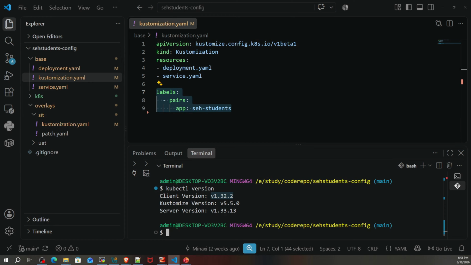So if you want to use Kustomize, as we know, Kustomize is integrated with kubectl. So we can use Kustomize directly through kubectl without installing a separate Kustomize binary. So if I run kubectl version, here I can see my kubectl client version is 1.32.2 and it includes Kustomize 5.5.0 version. So I can use Kustomize directly through kubectl. Now if I run